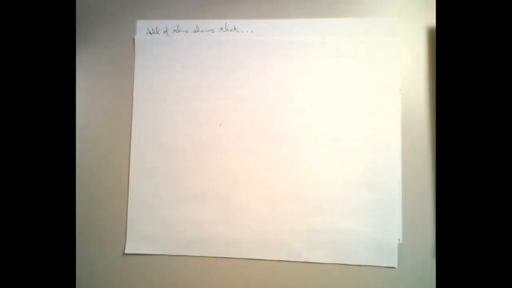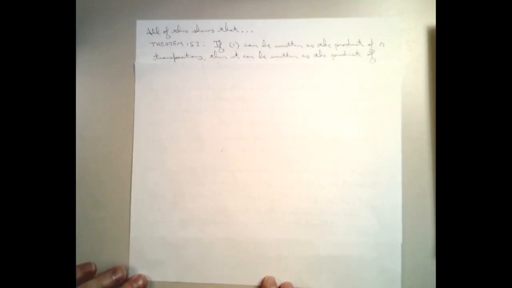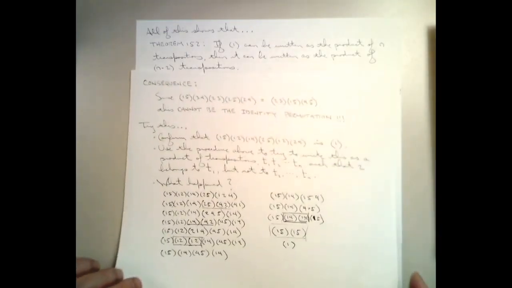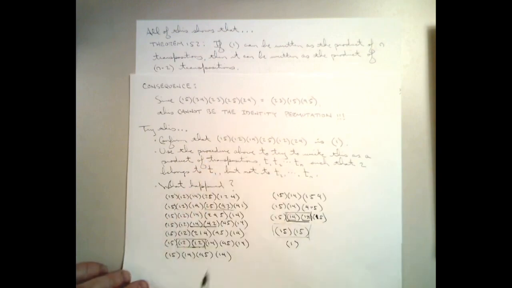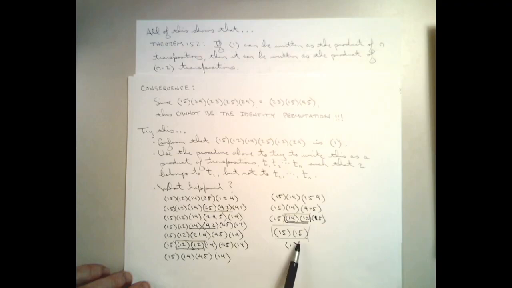What all of this shows is the following. If the identity permutation can be written as the product of n transpositions, then it can every time be written as the product of 2 fewer transpositions. If it can be written as the product of n transpositions, it can be written as the product of n minus 2 transpositions, right? We started here with 6 transpositions, whittled it down to 4. That's 2 less than 6. And then down to 2, that was 2 less than 4. And then down to 0, that's 2 less than 2. Well,